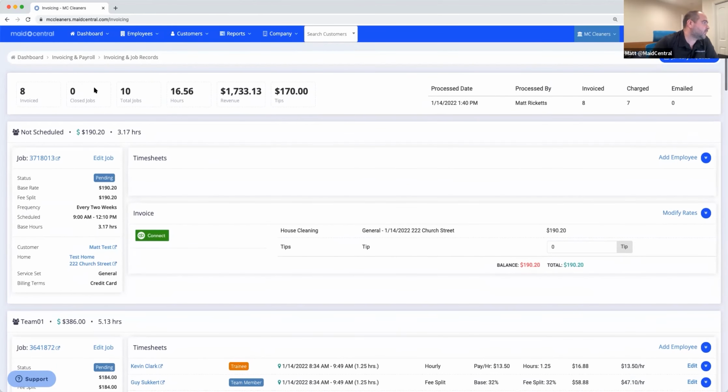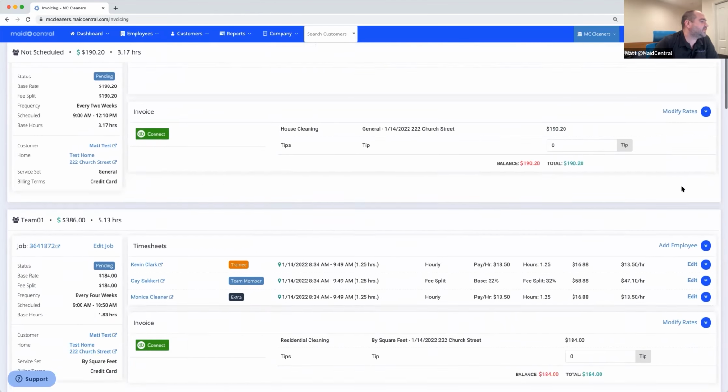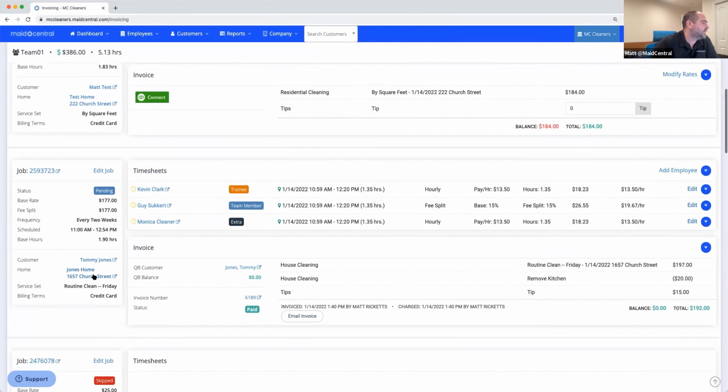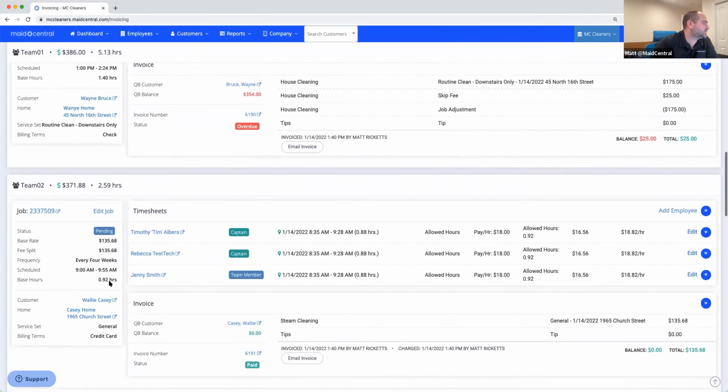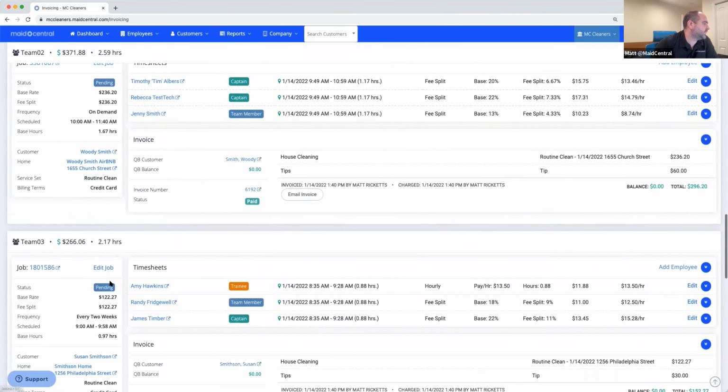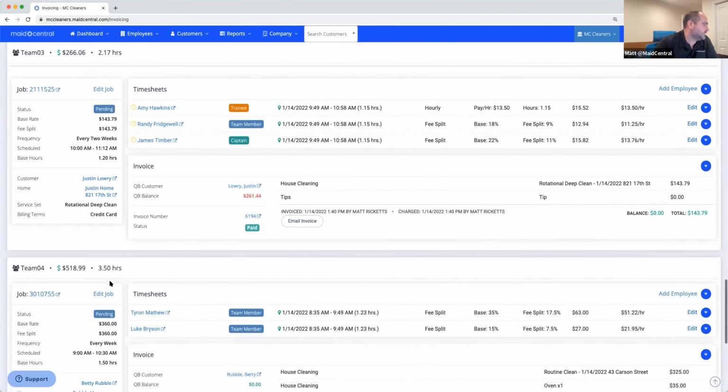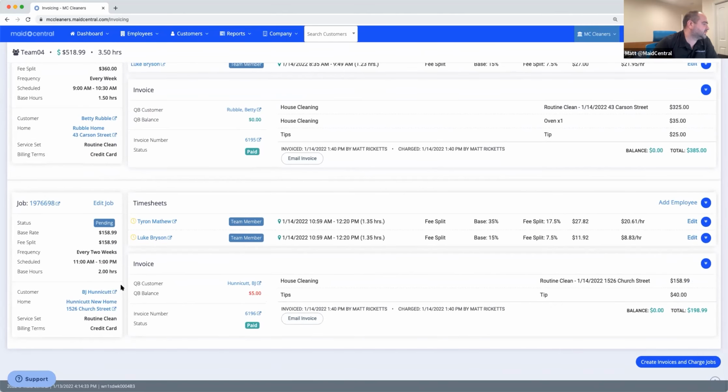So we had 10 jobs, only 8 were invoiced. So that would be a red flag to me right here. And the issue would be, in this particular case, I didn't have timesheets on this job, but it could also be if you had jobs that had other billing terms, perhaps they are batch invoice or something like that. But I think it's because, let's see,